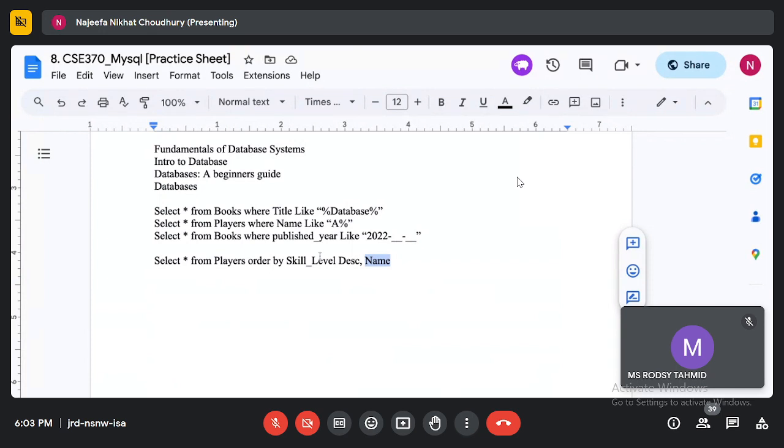This kind of gives a priority of sorting. So after order by, the first column will have the highest priority. That's the one that will be used to sort first. And then if there are same values within that column, then those rows will be sorted using the second priority, and so on. So I can give a number of columns which has a descending level of priority. Is this clear?